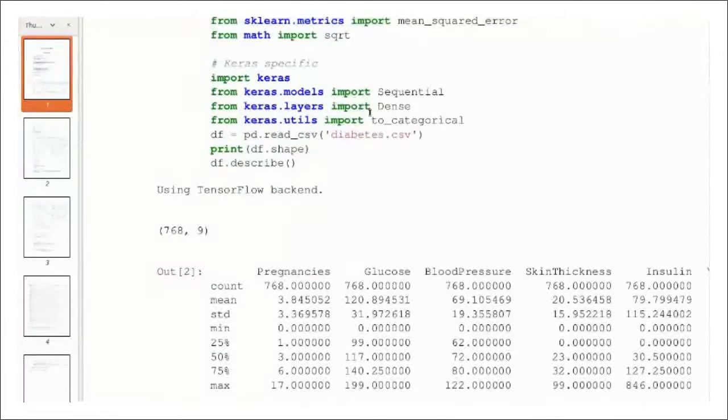From Keras, you require the Sequential model. Then the Dense layer is required. From layers you can import Dense. If you want a CNN, you can import the convolutional layer from keras.layers, or if you want an RNN, you can import the RNN layer. Every feature is there inside the layers class. You have many types of layers available, so you can just import the corresponding layer. Here I am using the Dense layer because it is a simple feed forward network. Every neuron gets connected to the neurons in the adjacent layers.